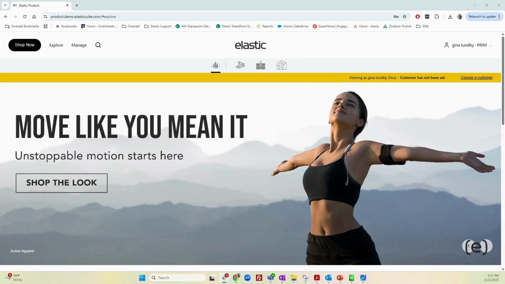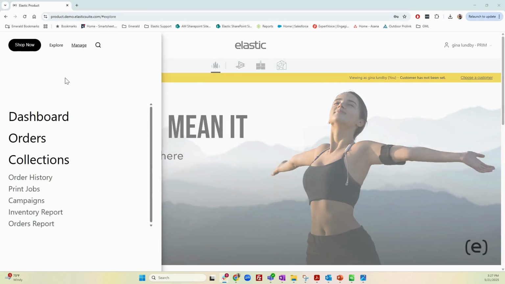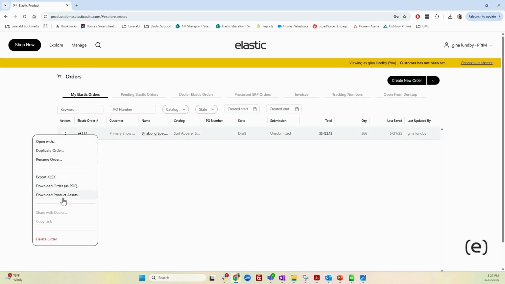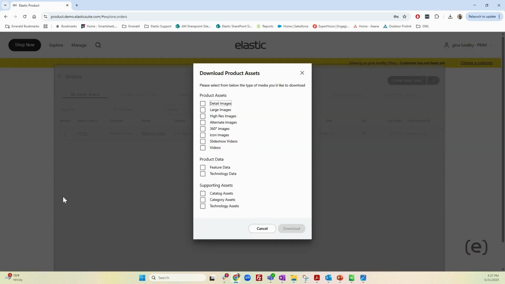This video is to show you how to download all product imagery from an order. Say you get the question from your dealer that they need all assets to load to their website. Well, you can just come into Elastic under Manage, come to your orders, find the order that has all of the product assets you want to download, click these three dots, select Download Product Assets, and from here you can